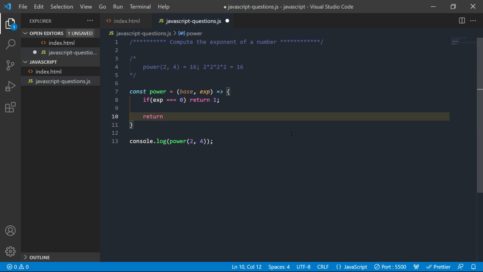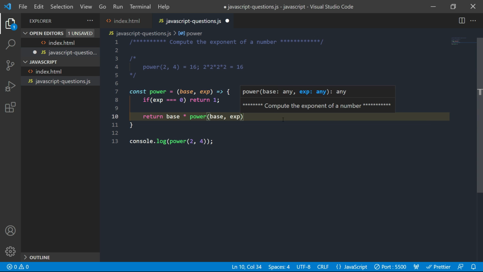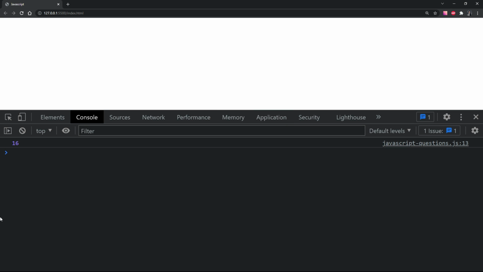If it is not 0, then we return the base times the same function called again with the base and exponent minus 1. So we decrease the exponent by one in each recursive case. Okay, let's see what we get as a result.